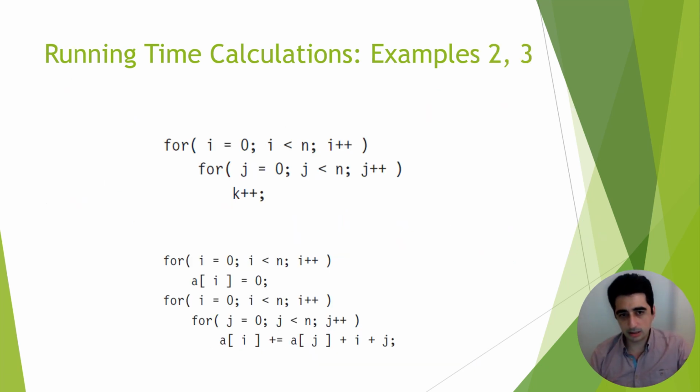In the previous slide, I showed you an example of a single for loop, and I did lots of calculations and lots of counting, and I did a mathematical proof to show you the time complexity is order of n. So that was a linear code snippet. But I'm not going to do this for the next two examples. I'm just going to give you a rule of thumb. I'm going to give you a good intuition